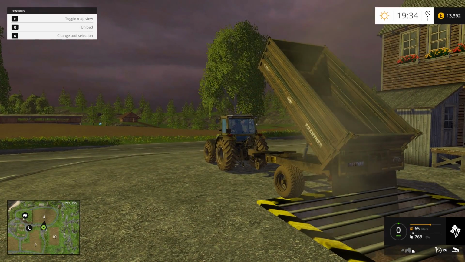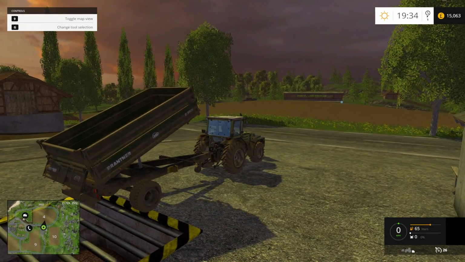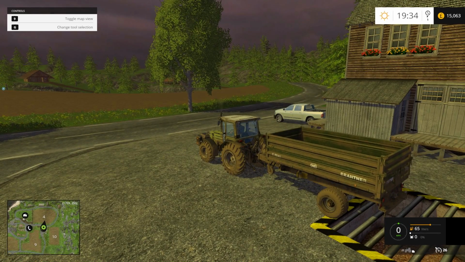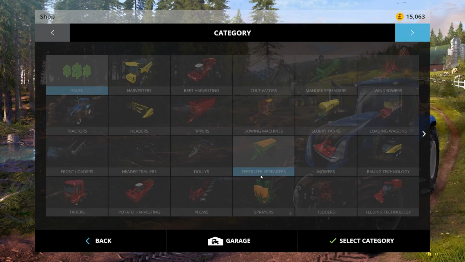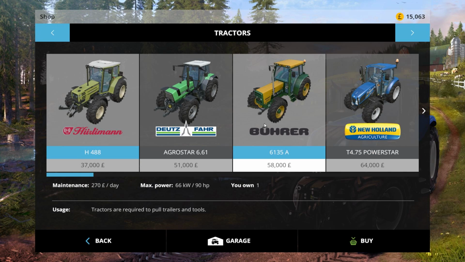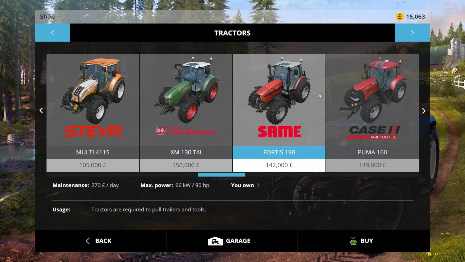so it's definitely a good idea to keep within the range. And as you can see, we're getting 15,000, 16, 17, roughly 18,000 per trailer load, and we need the money, so it's amazing. We were £3,000 in debt, so this is definitely well needed. But this is the tractor. If we scroll along, which I have chosen, we're going to save up for the Same